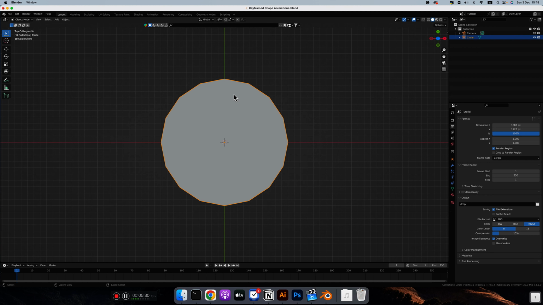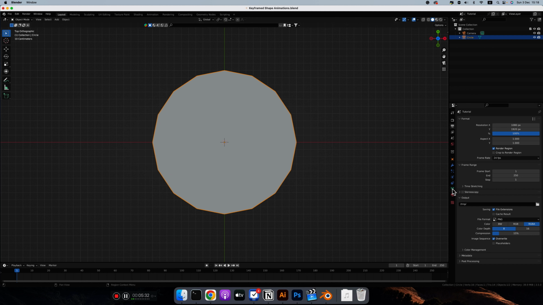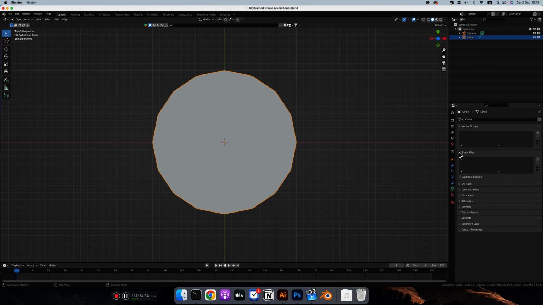Now that I have my shape, I can go to the object data properties, and this is where you're going to find shape keys. They're under the vertex group. We've used vertex groups before, and now we're going to use shape keys. The first thing you're going to do is add a base, or as they call it, basis,